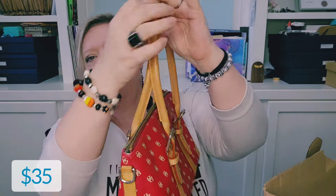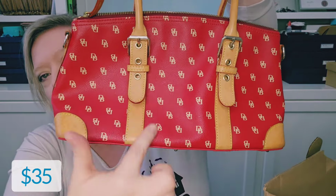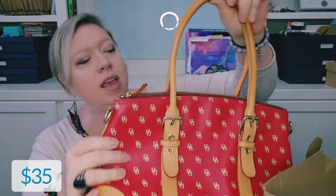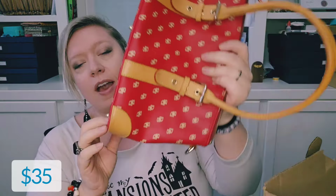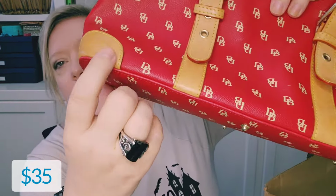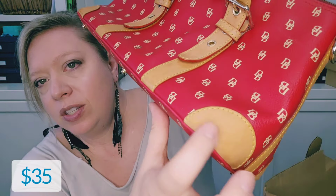We've got a red Dooney and Bourke top handle bag, or if you're itty bitty, it could be a shoulder bag. With this gorgeous leather trim. Okay, you've got the buckle style handles. There are D-rings on the end if you wanted to add a strap. We'll have to see if the strap is in here. I don't know. You've got feet on the bottom of the bag. And overall, besides some natural wear or staining, patina, if you will, to the leather,